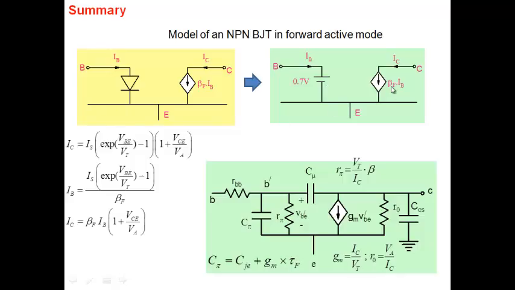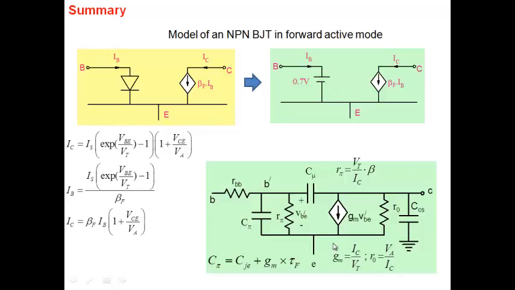And we also know that although we'll use this simplified model, IC does depend on collector emitter voltage also. So although we'll use simplified models, we should not forget that we are always making an approximation. And at some place, if you're not getting results which are right, then you may worry about whether the approximations are right or wrong here. And so that's the DC model, if you would like, and this is the small signal